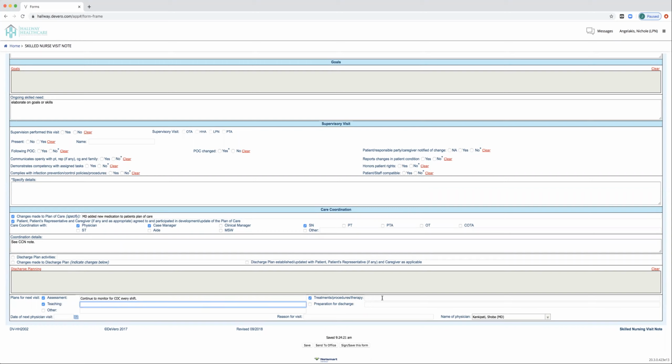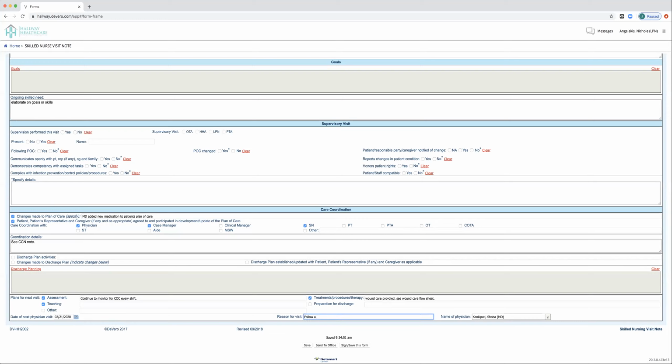Treatments, procedures, therapy, any treatments that you provided. If you provided some wound care, you can put wound care provided, see wound care flow sheet, because the wound care flow sheet is what you'll be using when you provide wound care. And then you're going to put the next doctor appointment,